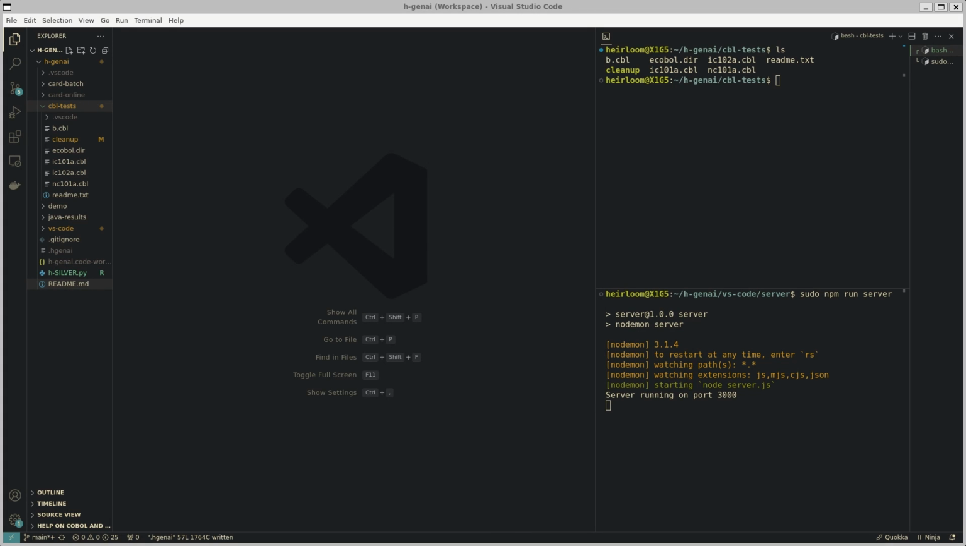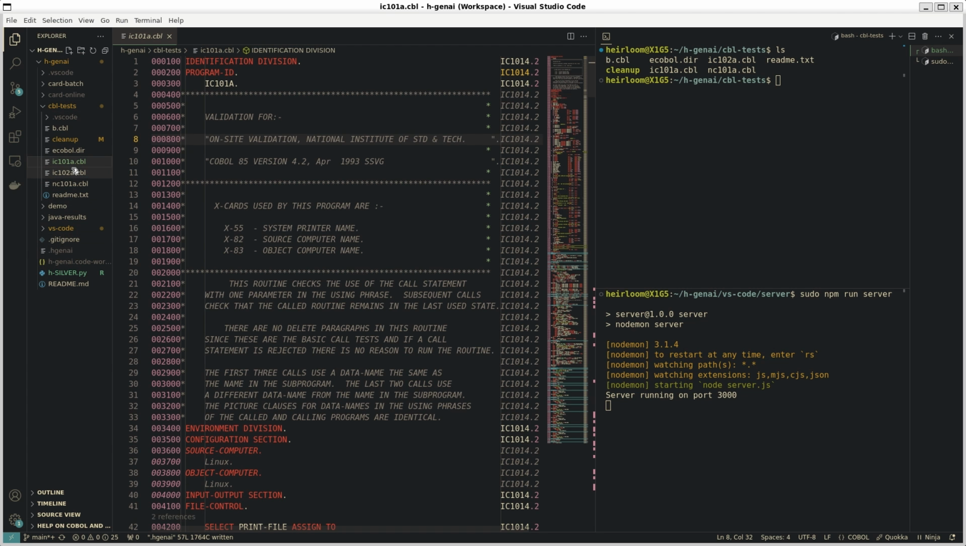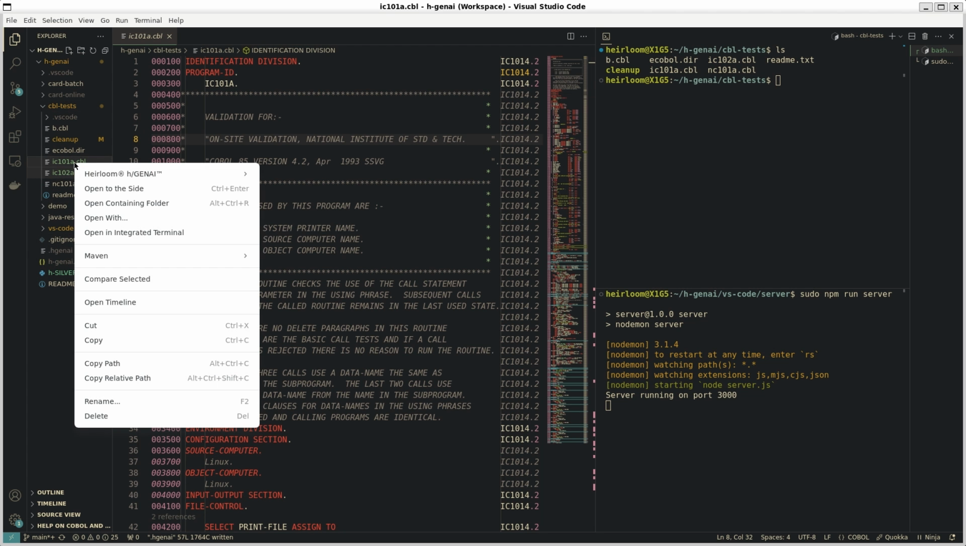Today's mainframe applications are typically the result of business-oriented changes implemented over several decades. In this demonstration of Heirloom GENAI, we're going to show you how those mission-critical applications can be documented in a variety of ways. This is the Heirloom GENAI plugin for Visual Studio Code, and the first thing we are going